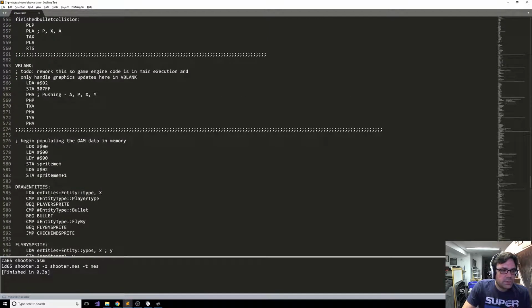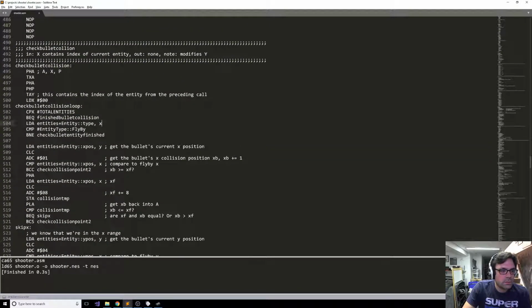We need to potentially change up how we're handling all of this with the way we're accessing the memory, because right now we're using these registers to index into the memory here. And while that works okay,